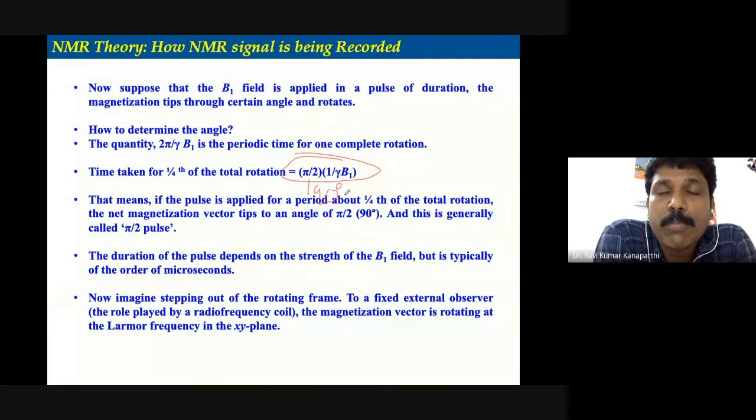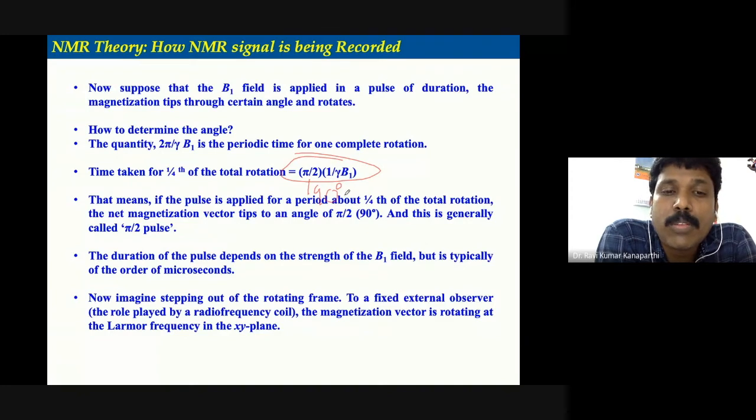People will be applying different pulses with different time delays and other things. We also use different pulse sequences, especially when we go for two-dimensional NMR and three-dimensional NMR. But a simple one-dimensional NMR spectrum doesn't require too many complicated pulses. You just place the sample in an external magnetic field, apply the circularly polarized radio frequency, and then you detect the signal.